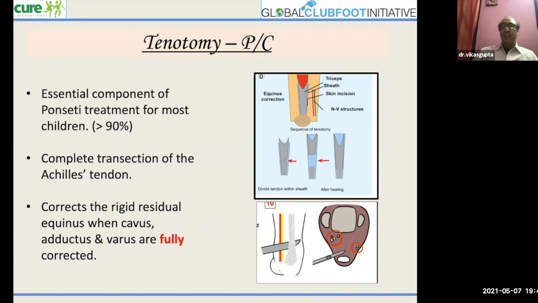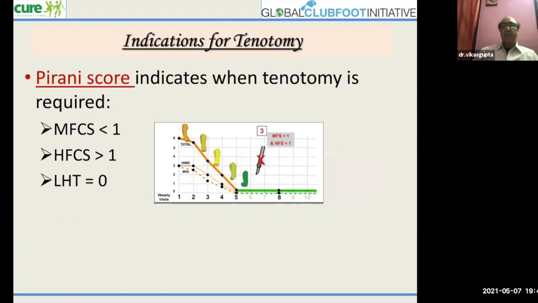So a common error, commonly what I see, is the resident bringing the child before these deformities are fully corrected. So if you do the tenotomy, there will be a high chance of relapses. Deformity will not be fully corrected because subtalar dorsiflexion would only take place when the hind foot is completely abducted. Okay. So what are the indications for tenotomy? See, by scoring, the midfoot score is less than 1. Okay. The hindfoot score is more than 1, and the talar head should not be palpable.